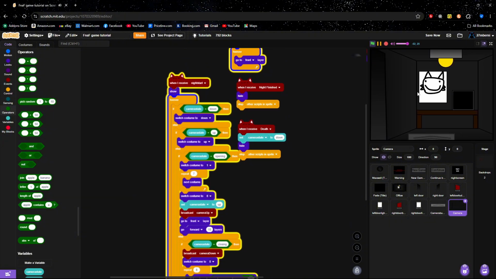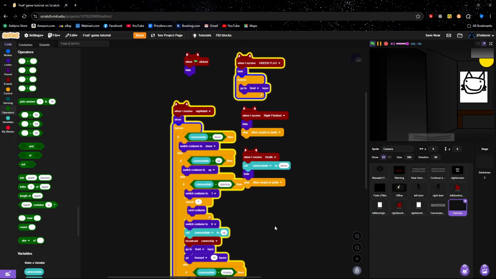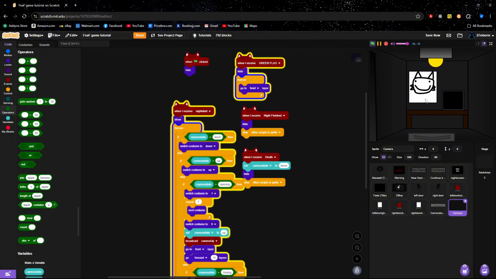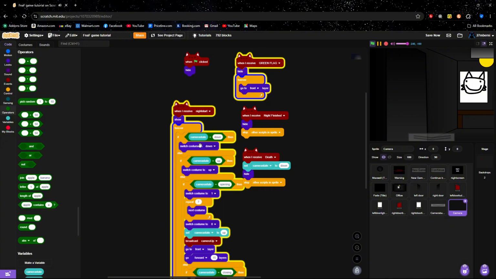And now for it going down, it's just the complete opposite process. Now this one's going to send the signal to go down, and then the monitor is going to do the rest of the work and set it to down, just like that. So it looks pretty good. And if you are having trouble